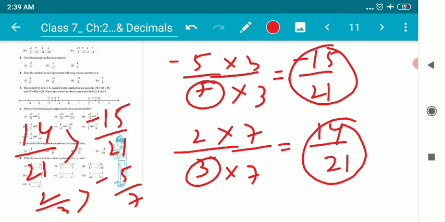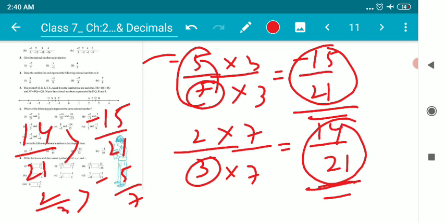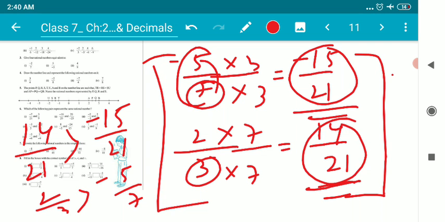So children, I could have compared directly by seeing their signs, but I wanted to teach you by making equivalent fractions, because this process will be needed throughout all the sums of this question. I want you all to try out these questions from 1 to 8, and we will compare by making them equivalent fractions. This concept is of class 6 standard, making equivalent fractions. I believe it's clear to everyone.